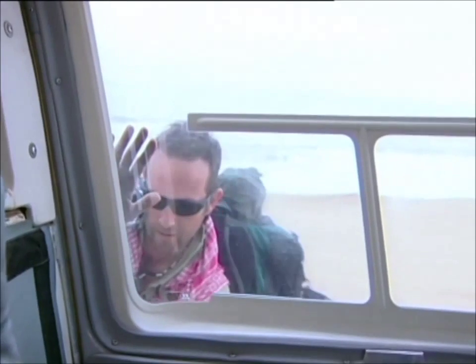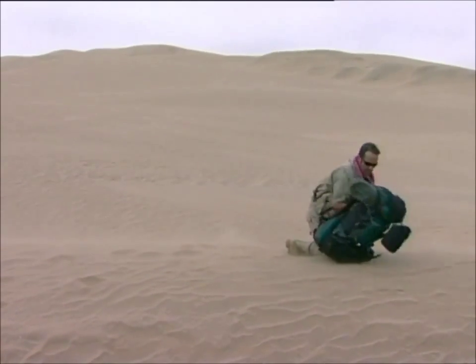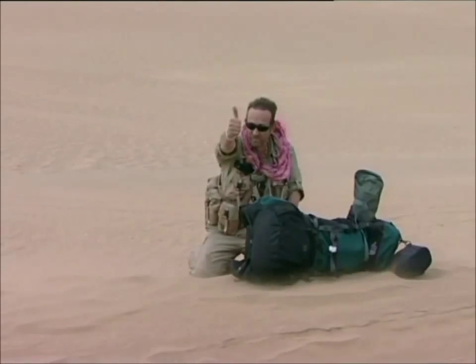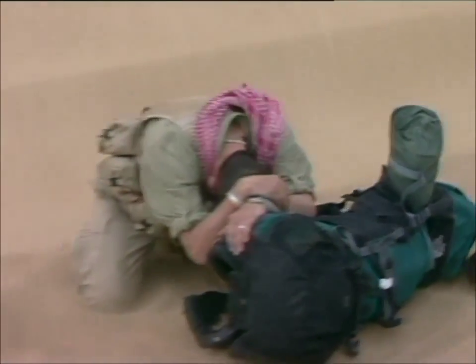As he shields himself from the sand thrown up by the rotors, Sam wonders what he's let himself in for. Could Steve be right? But it's no time for indecision. This is the point of no return. It's just Sam and the desert from now on. When the helicopter left, it certainly was very final. But I had to sit and really focus on the navigation so that I didn't think too much about what was coming up. All by himself, with the pounding Atlantic on one side and the desert on the other,